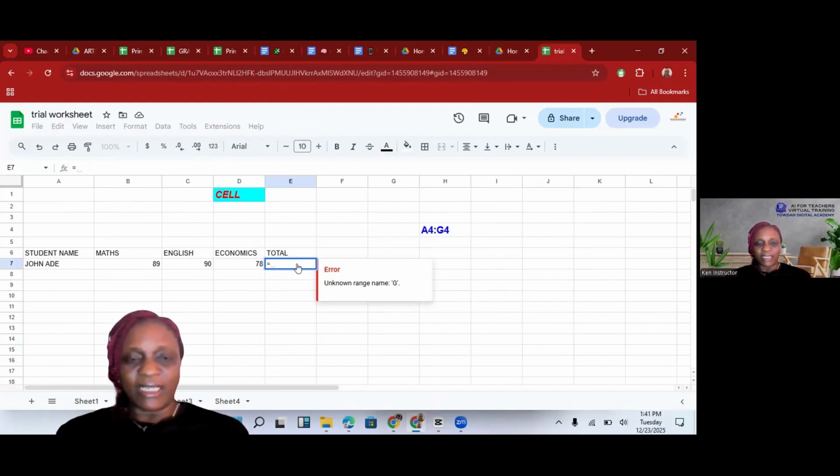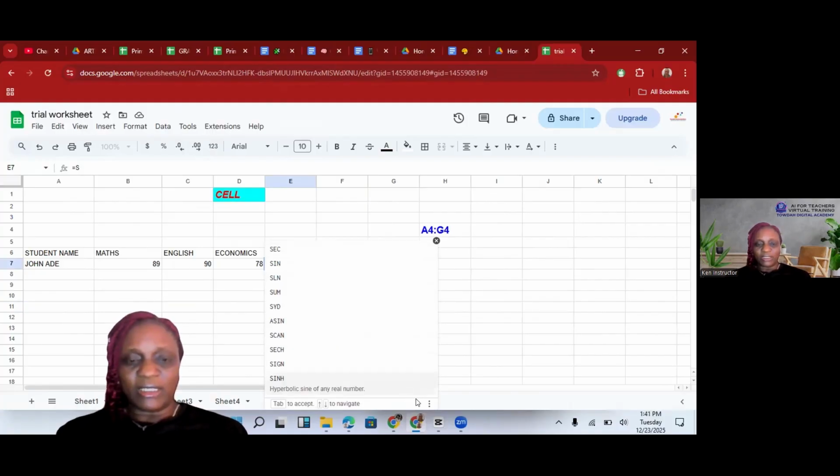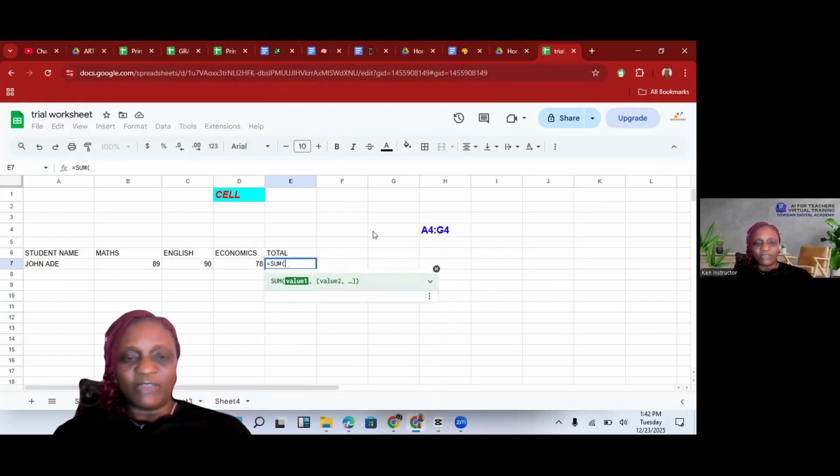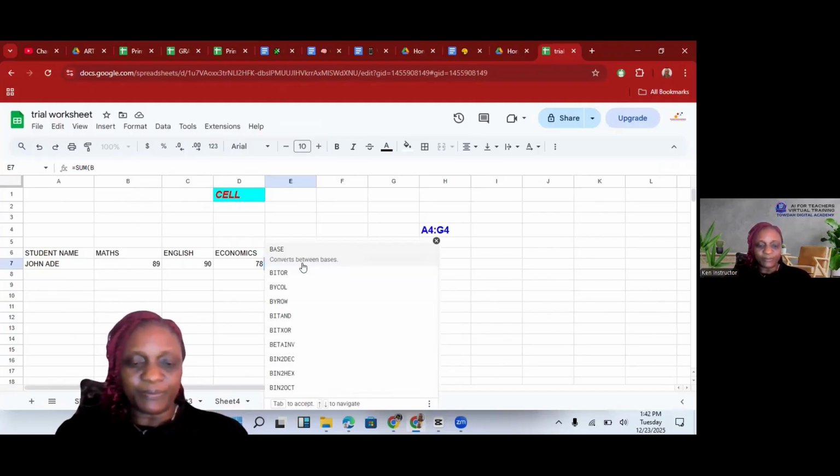So you can put the letter S, and once you put the letter S, it assumes that yes, indeed, you're bringing in a formula, and you can see the sum there. Sum of a series of numbers and or cells. So you click there, and then it's ready for you to tell it where the numbers are that you want to add together. You can see value 1, value 2, and all that. So how do you do that? You now reference, you use the cell number. B7 is the cell number,